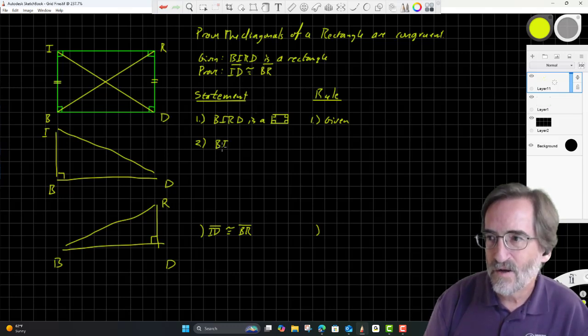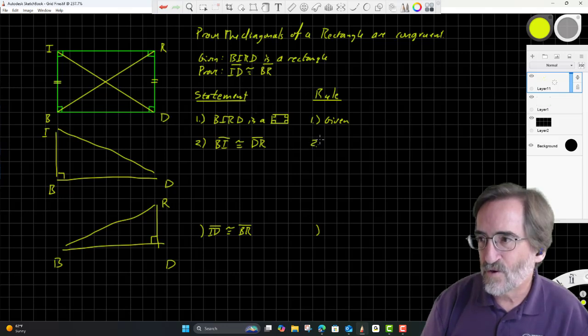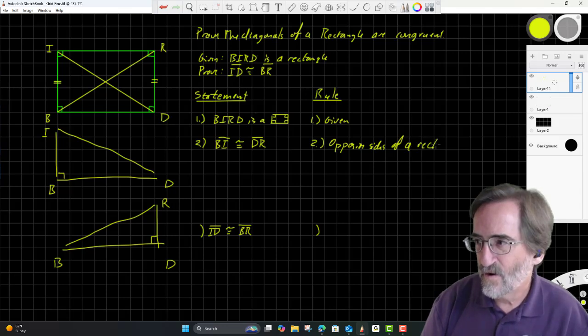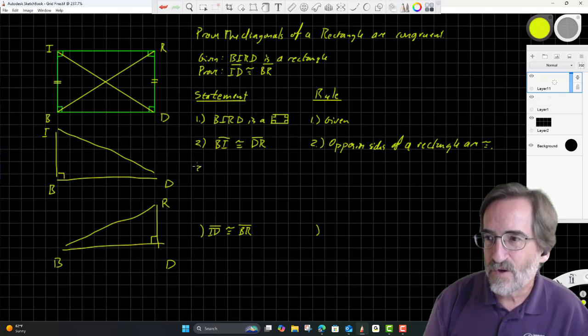BI is congruent to DR. And the rule that says so is opposite sides of a rectangle are congruent. Okay. Now in step 3, I'm going to say